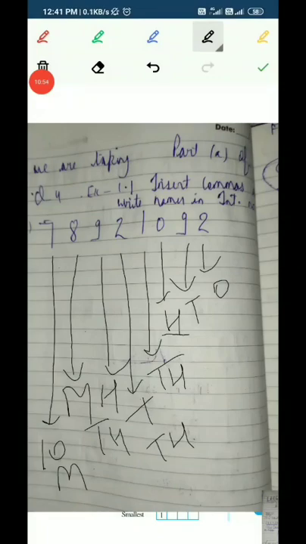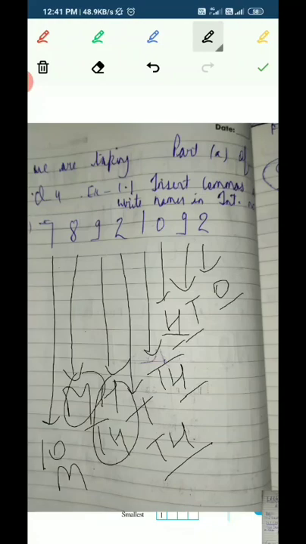So these are the place values: ones, tens, 100, ones, tens, 100, 1,000, 10,000, 100,000, then million, and then 10 million. So this is the way we have written the place values, and as we have written